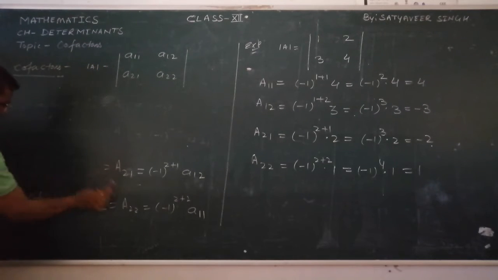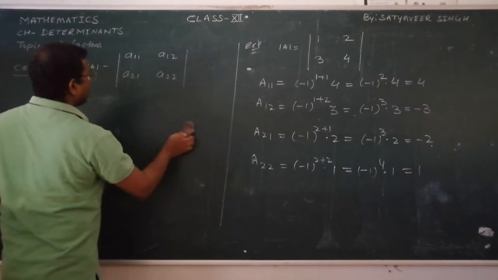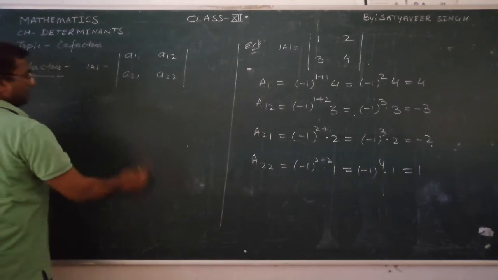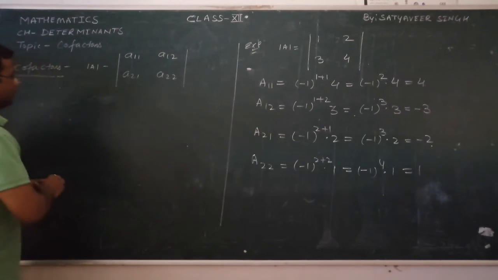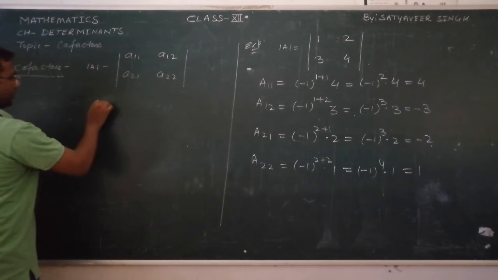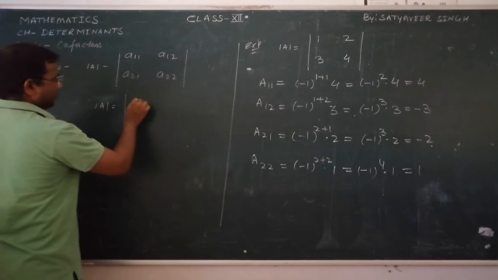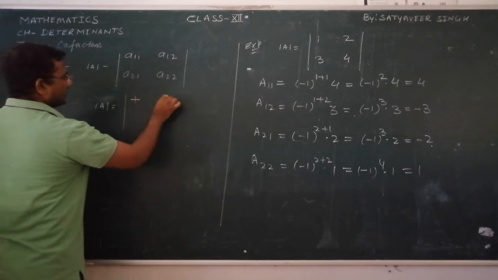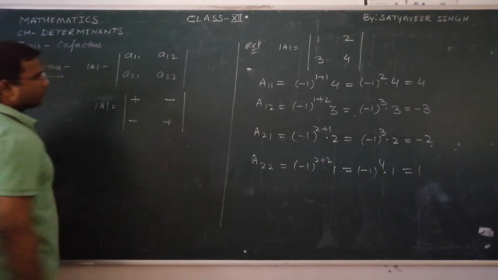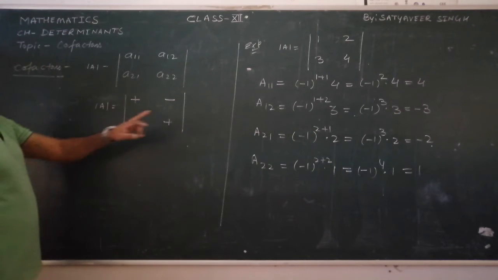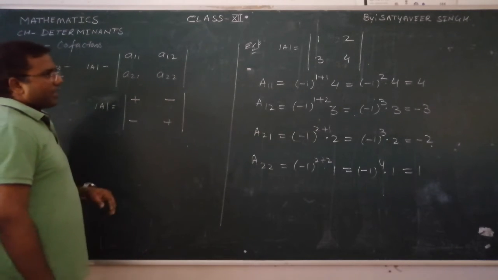But before that I want to tell you, like in the first lecture I had discussed with you, while we find out the value of a determinant of order 2, I will give you one short trick there. We prepare a determinant of the signs also, like here it is plus, minus, minus and plus. These signs, students, we got from the cofactors only, because once you find this value,